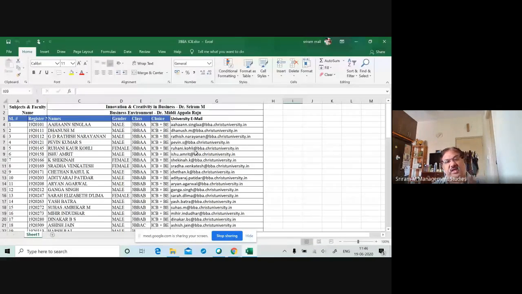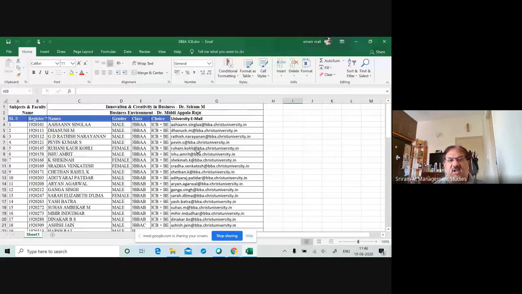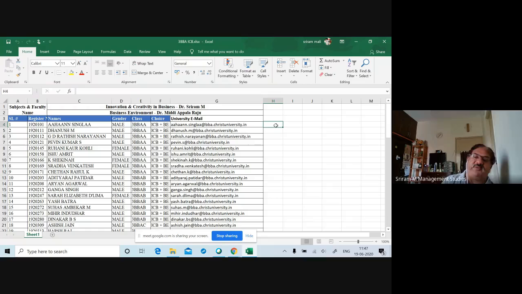So now if I want to invite all the 71, it is not humanly possible for me to keep typing all the 71 addresses and keep cutting and pasting for the entire class. That itself will probably consume 1 to 2 hours of my time. So there is a formula for doing this, because as I told you, Google Meet accepts comma separated values. Please note down this particular formula, it will be easy for you.